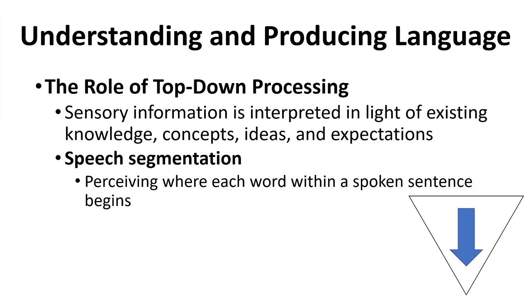which of course leads us to top-down processing, going in the other direction. For top-down processing, sensory information is going to be interpreted in light of existing knowledge and concepts, ideas, and expectations. So basically, we are going to interpret or make sense of the things that we're seeing based on other things that we know. So instead of that letter B and thinking about, okay, so this is the letter B,